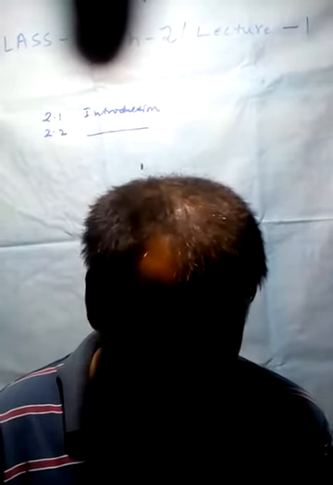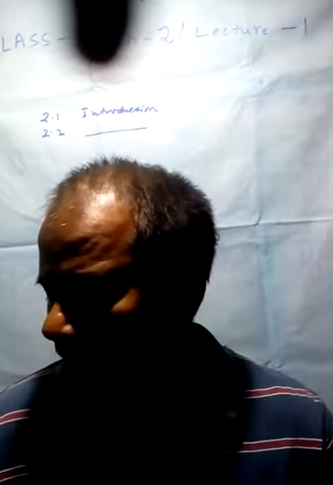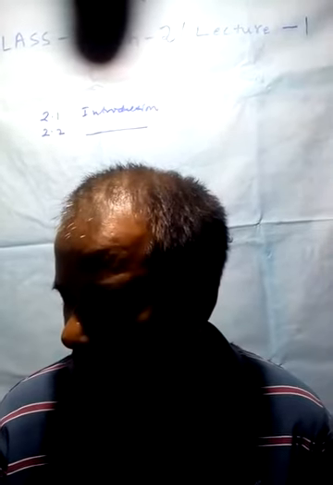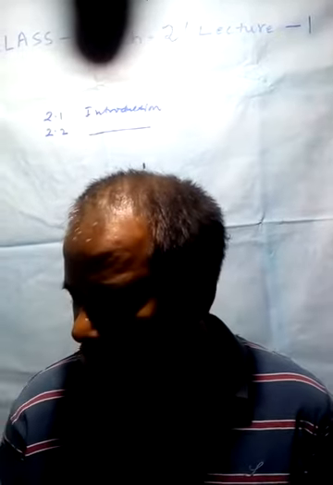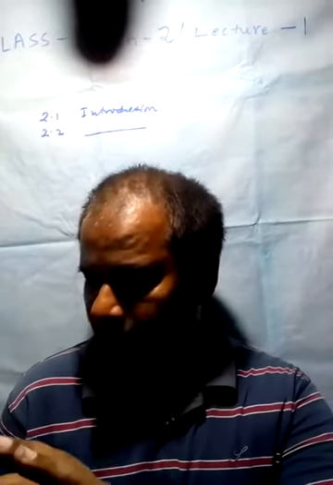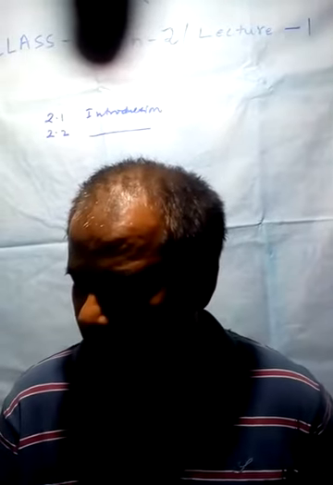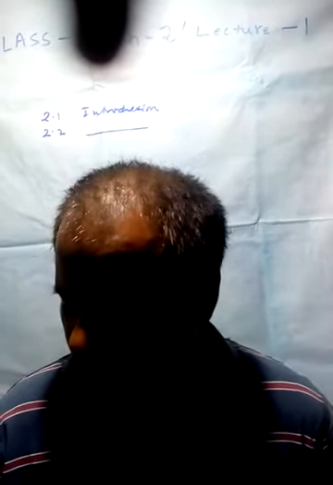2.3.1 Multiplication of fractions by a whole number. Observe the pictures at the left, figure 2.1. Each shaded part is 1 by 4 part of a circle. How much will the two shaded parts represent together? They will represent 1 by 4 plus 1 by 4 is equal to 2 into 1 by 4.